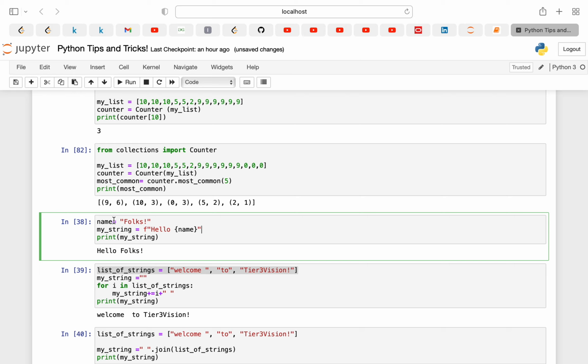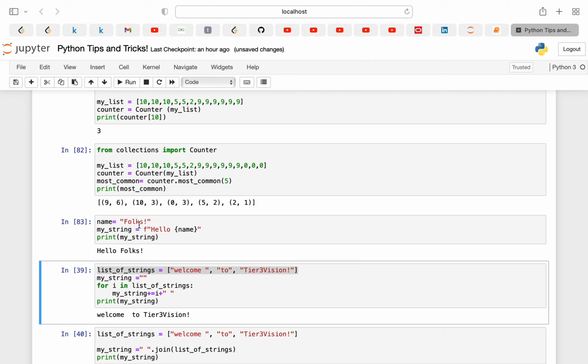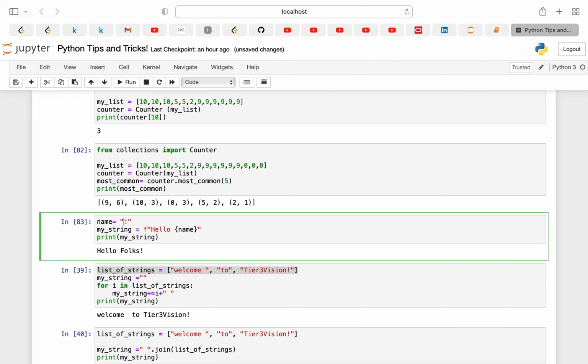I can pass my name into the format string. My static string is hello, but the name keeps on varying. I have passed the name in curly braces, and when I do so, it will come as hello folks. And if I do hello guys, it will print hello guys.